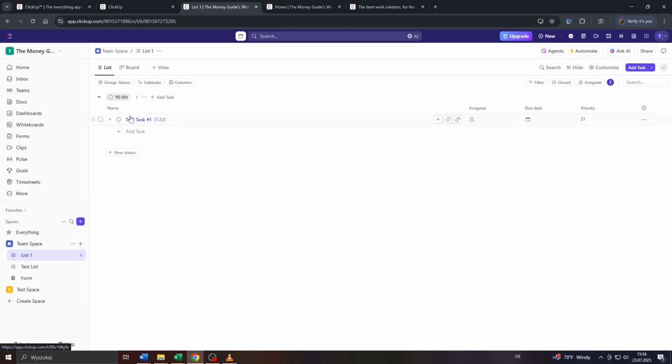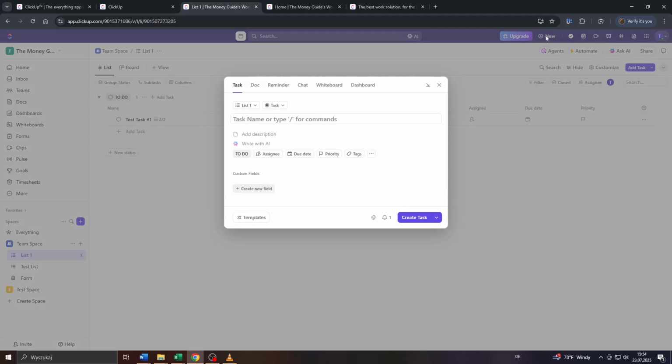Let's say you're working on a project, and let's say you're planning a wedding for a friend. And one of the first tasks would be to create a guest list for the wedding. You can do that by simply clicking on that plus icon here next to your team space, or simply create a completely new task by clicking on that plus new button at the top to create a new item,